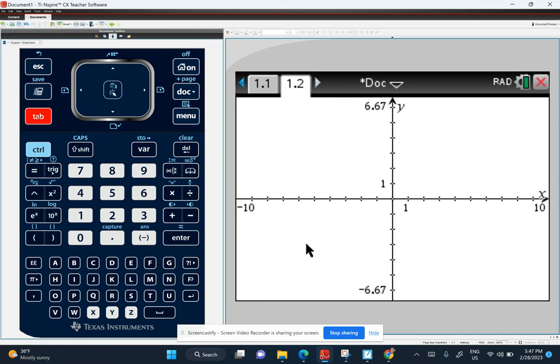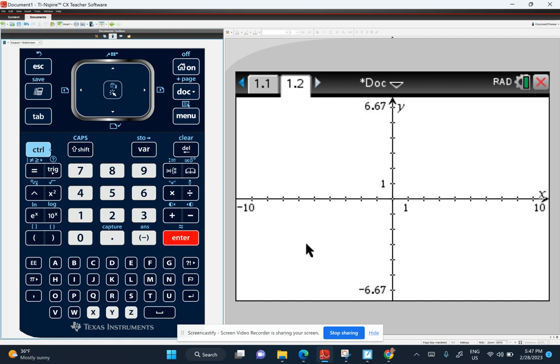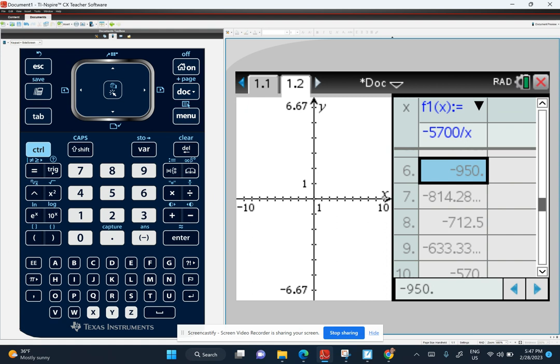utility of the calculator, and I'm going to hit tab. Uh-oh, it's going crazy on me. Hold on. I'm going to hit tab, and I'm going to take that negative 5,700, and I'm going to divide it by x. Hit enter. I'm going to hit Control T, and that gives me a listing of all the factors. Now remember, I want a difference of -1, so I keep on scrolling, getting a little nervous here. I don't see it yet, but I keep on going,